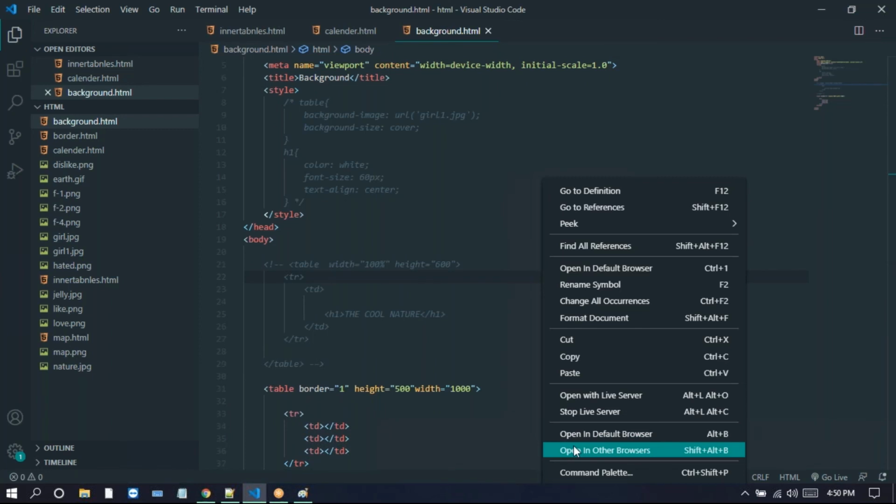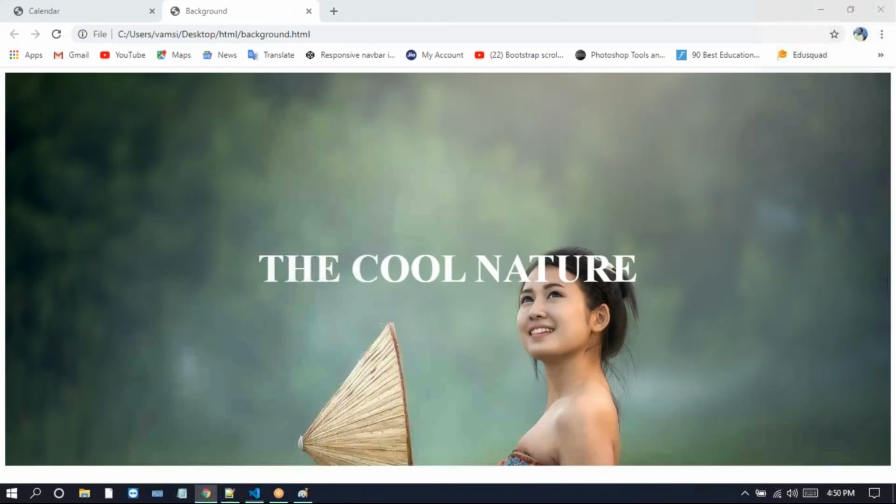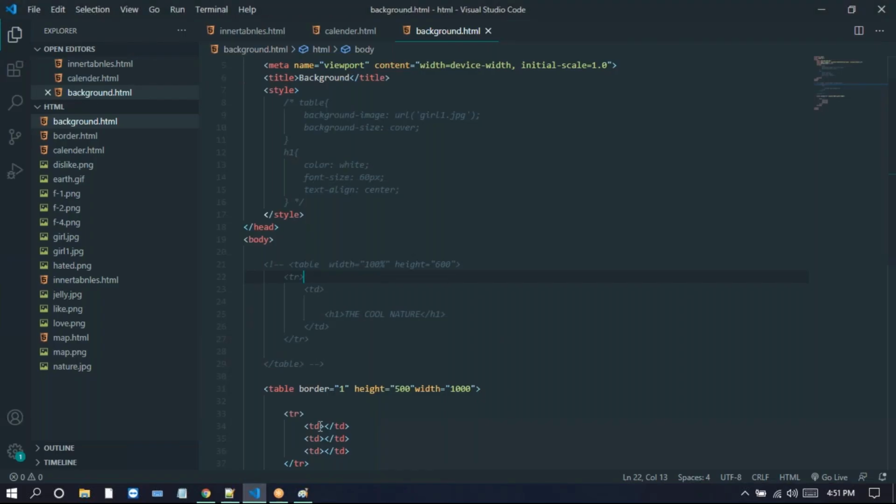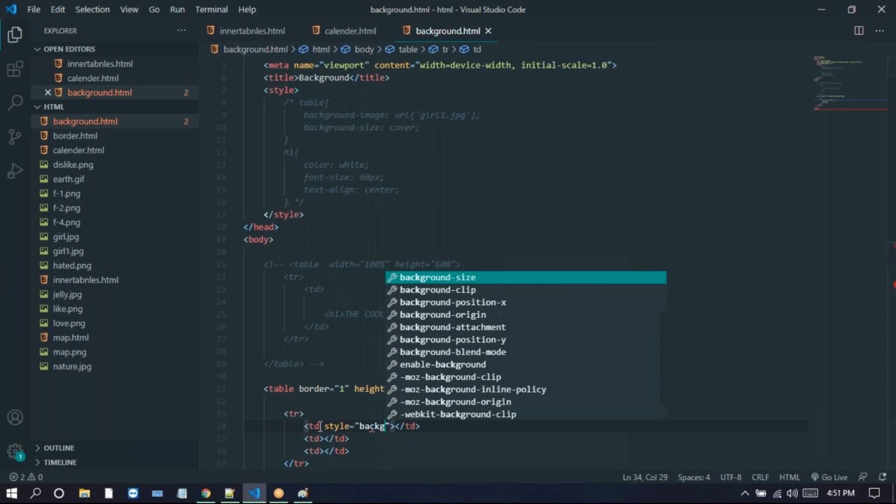See, we're having a flag here. We can create the table here. We just give the three TDs here. For this TD, I'm taking the style here, the style tag. In the style tag, we just give the background color.